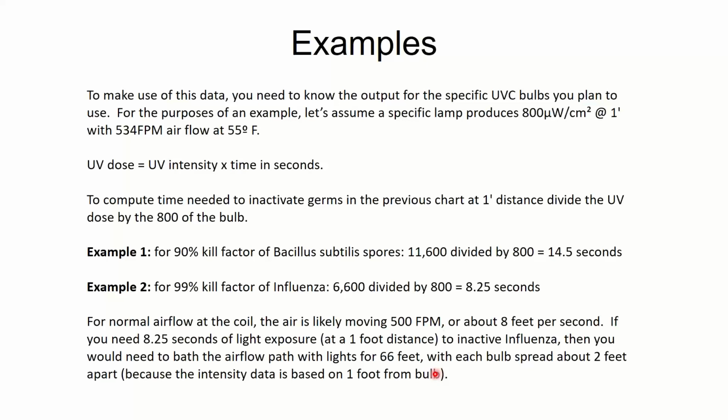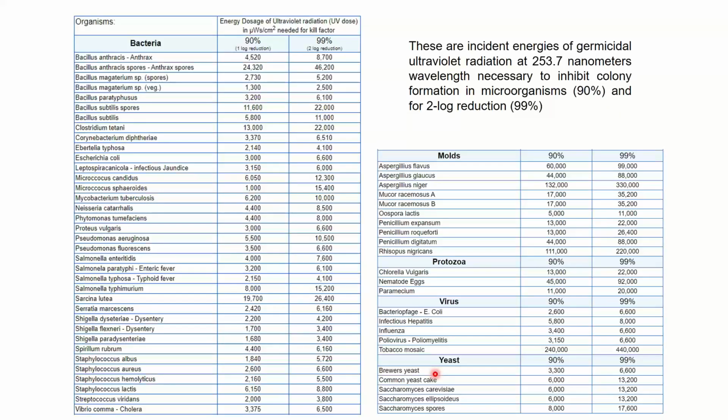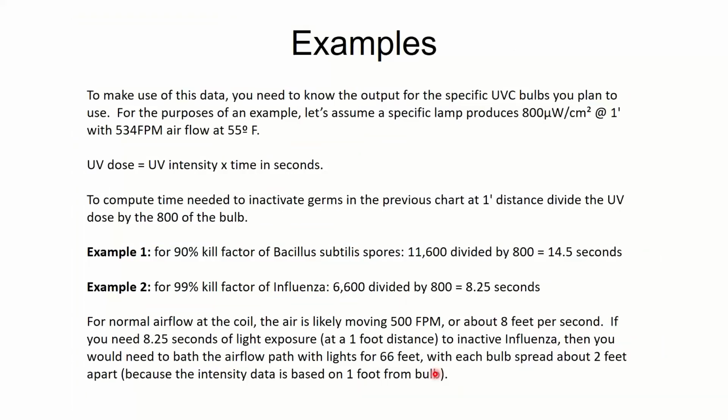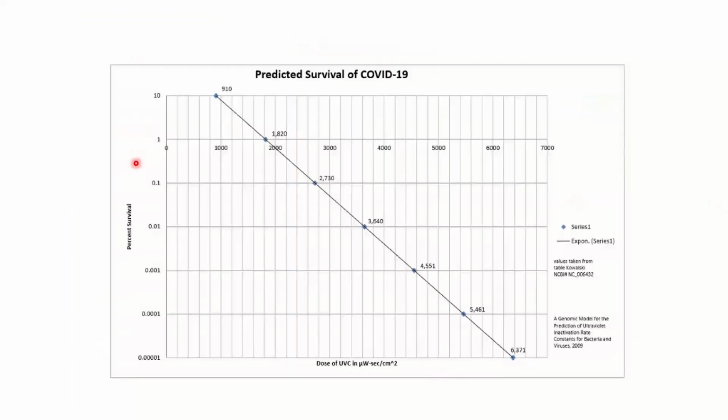If you want to look at COVID specifically, this wasn't in these charts because these charts predate SARS-CoV-2. But I found some examples from one of the universities. Actually, I stole this from the guys at Sterile Air who found some examples from universities. We don't rep Sterile Air, but I credit them because I stole from them. But here it tells you the actual source. So this here, 10% means 10% of the virus survived, meaning you killed 90%, you killed 99, you killed 99.9. So if I want to kill 99.9% of the SARS-CoV-2 virus coming by the UV bulb, I would only need